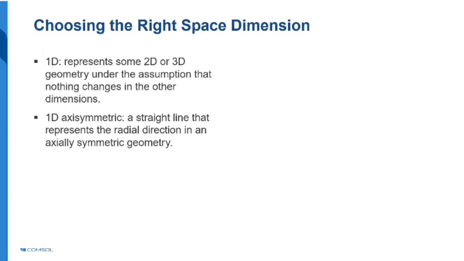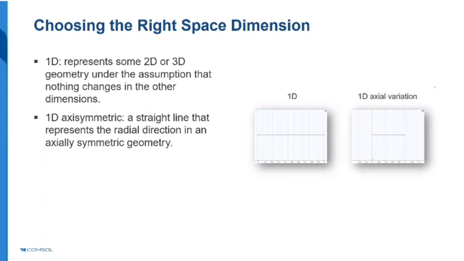So what do we mean by 1D? 1D is nothing but a model which represents some 2D or 3D geometry under the assumption that nothing is changing in the rest of the dimensions. If there isn't any variable changing in other directions, then you can have a 1D representation of the model. Whereas if it is 1D axial symmetry, then this straight line which is shown over here